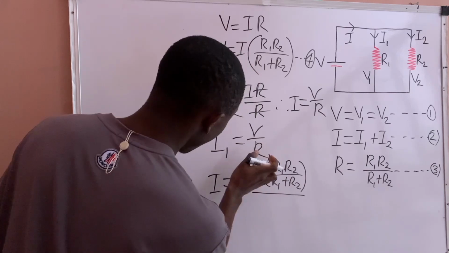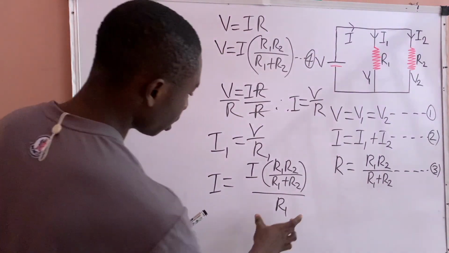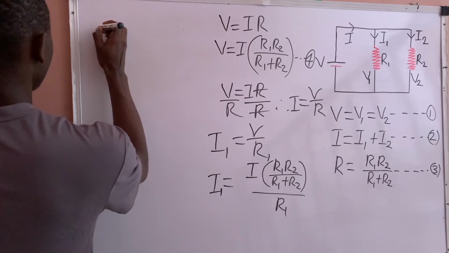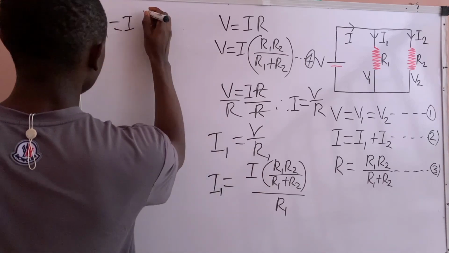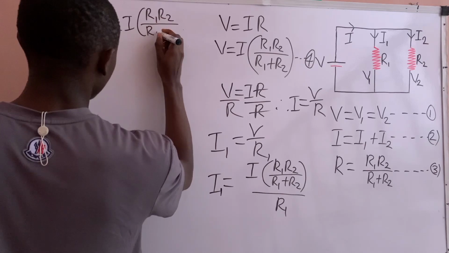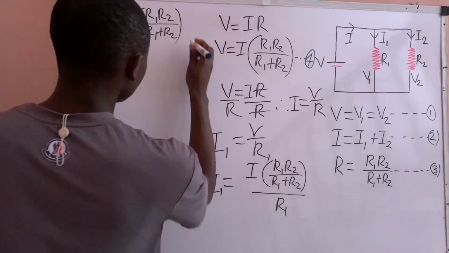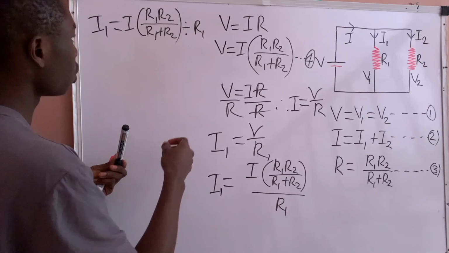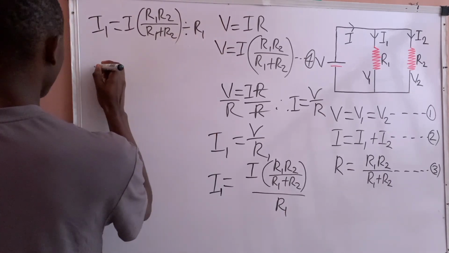Divide by what? R1. Are you seeing? So at this point, we can write that I1 will now equal I, which is this, into brackets R1 R2, all over R1 plus R2 into brackets. Because this is division, it will be divided by what? R1. And to change this division sign to multiplication, we will take the reciprocal of this R1,